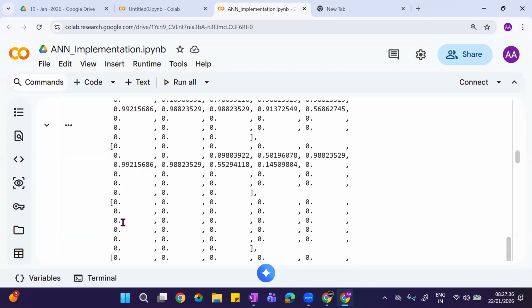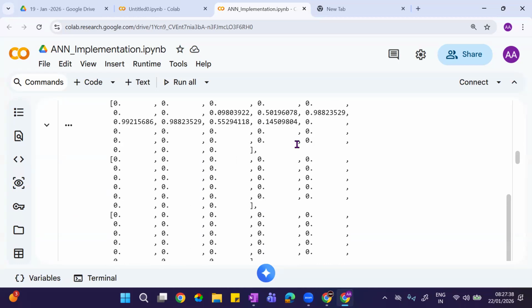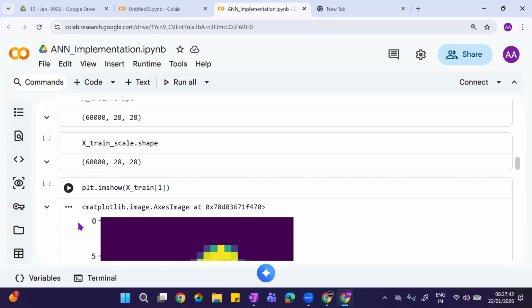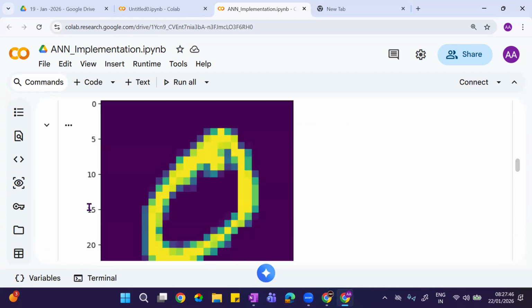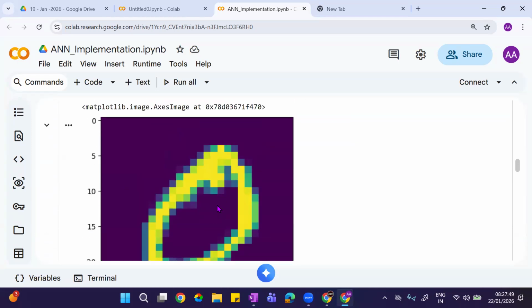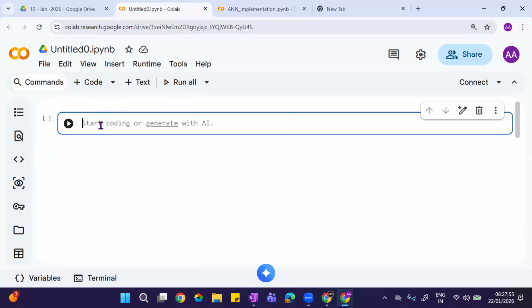My model will learn from this image format, and it will start predicting. Now you see, whatever the number is there, that is this. I will show you over here.